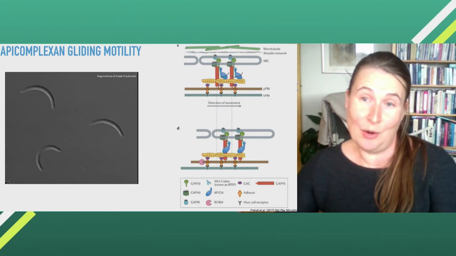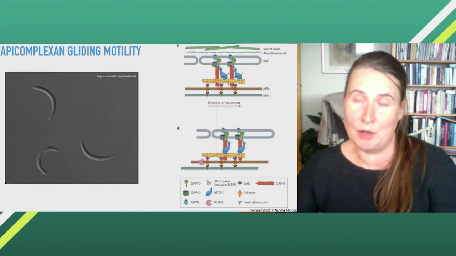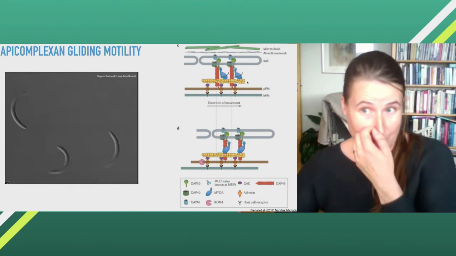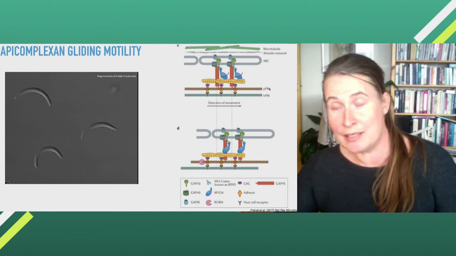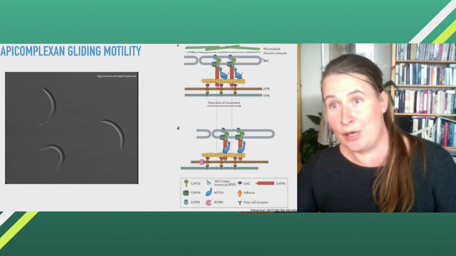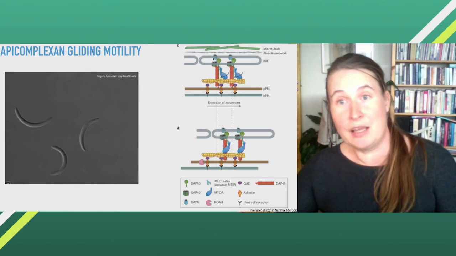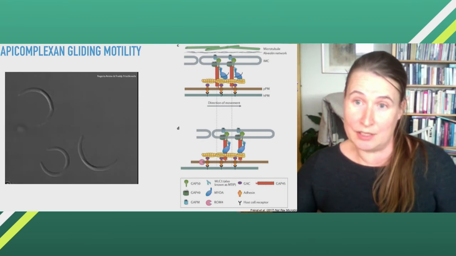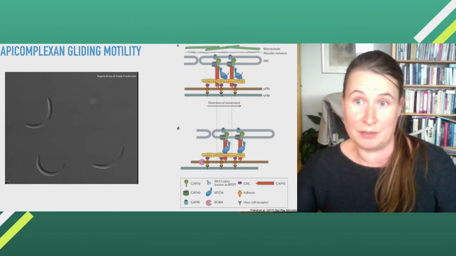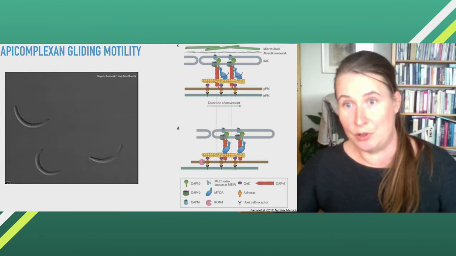Also, the whole motor involves many other proteins. It's linked to 2 biological membranes, the plasma membrane, so the outer membrane of the parasite, and something called the inner membrane complex of the parasite via many different proteins. And via the plasma membrane, it is in contact with host cell surface receptors of, for example, the human host